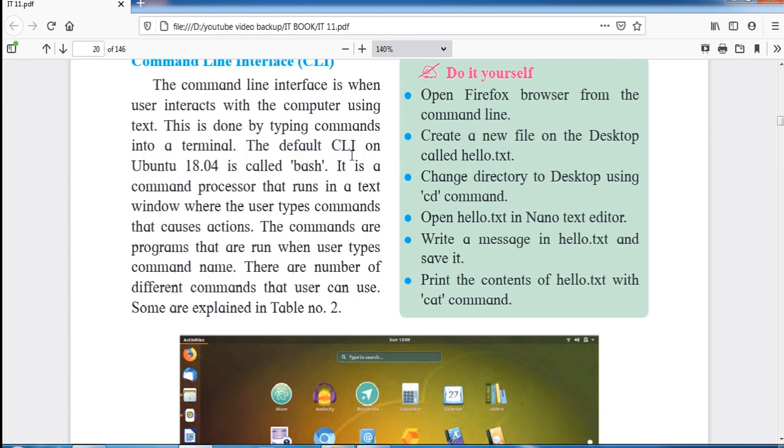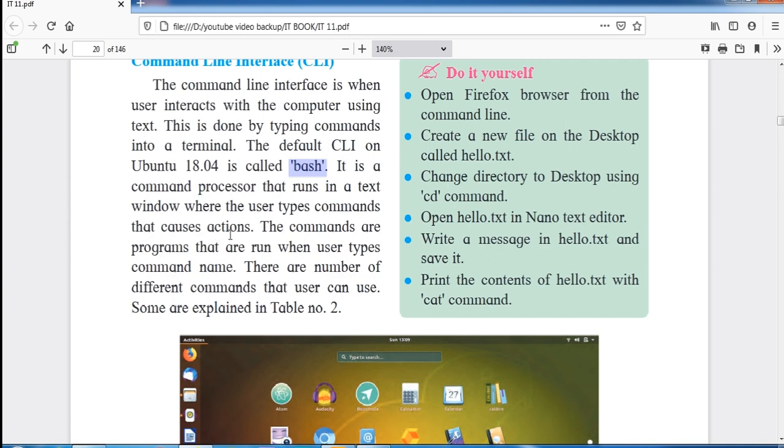The default CLI command line prompt on Ubuntu is called bash. The command prompt is known as bash. The command line interface is bash in Ubuntu. It is a command processor that runs a text window where the user types a command that causes an action.